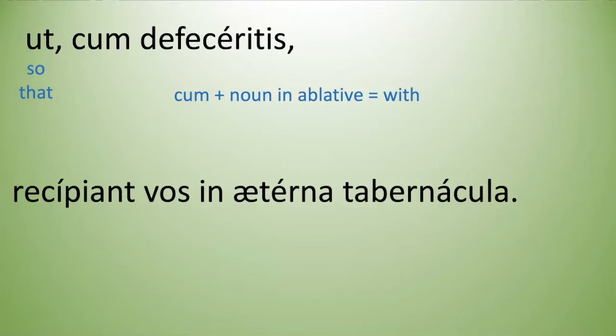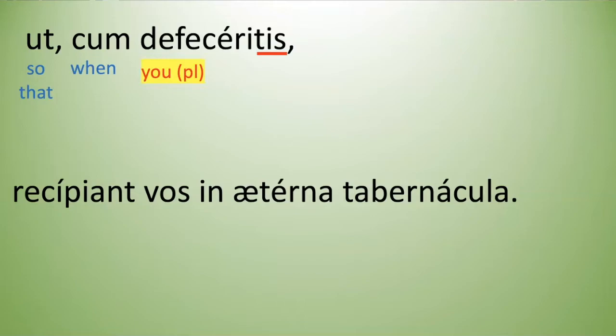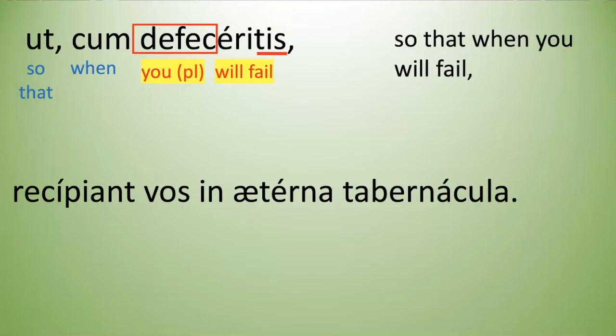However, if it is not a preposition and it is introducing a clause, it is going to translate as when. It can also translate as because and other things. We have defeceritis here, which is a verb. Therefore, we are going to translate cum as when. And let me clear this and make room for the verb. This verb ends in tis. We know the subject is you plural. You can almost see the word defect in here, and that is because this word means to fail. So that when you will fail,